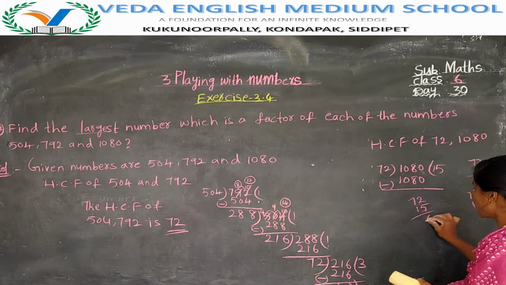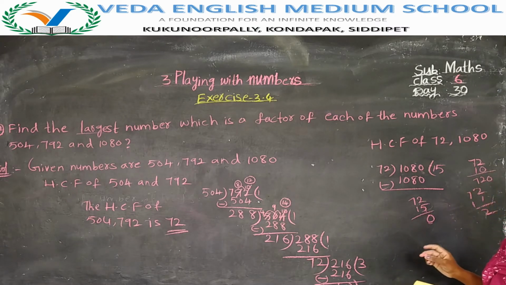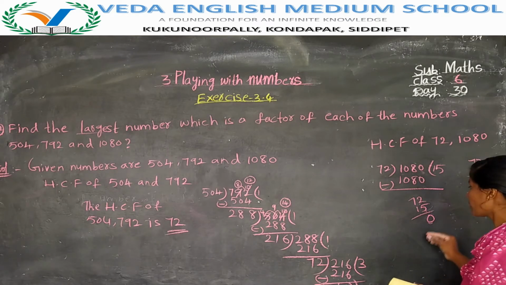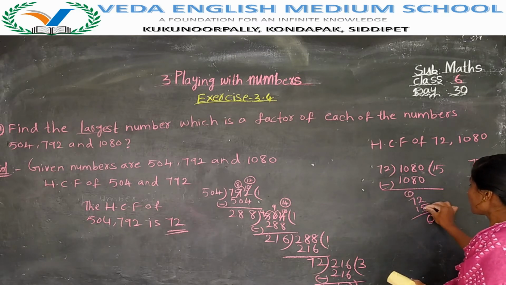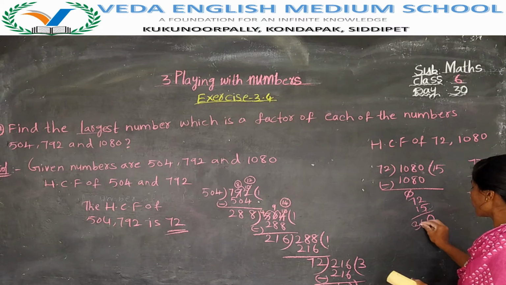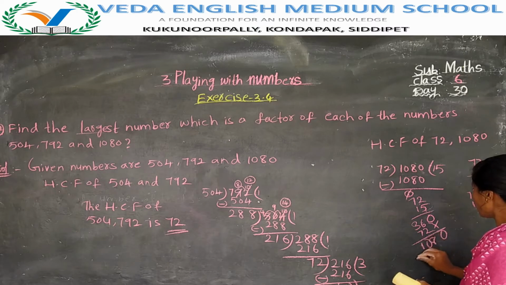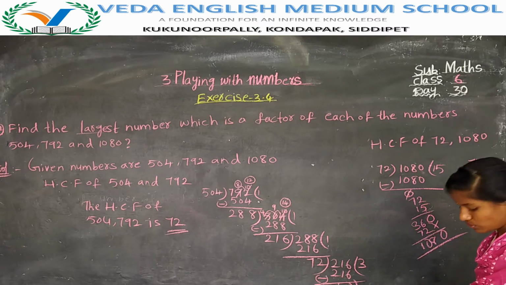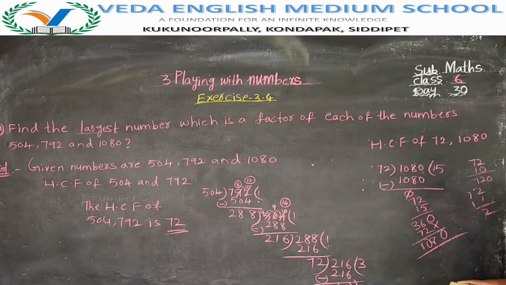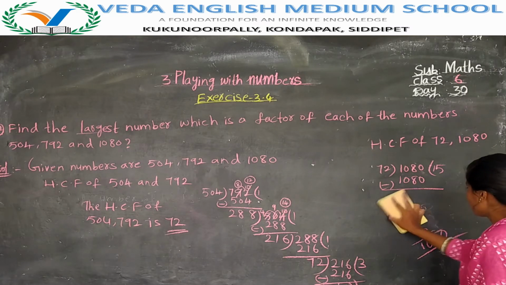2 5s are 10. So this one has a choice, since there is an option, select it. 2 5s are 10, 7 5s are 35, 35 plus 1 is 36, 1 2 is 2, 1 7 is 70, 6 plus 3 is 9, 7 plus 3 is 10, 1080. So like that you have to check. That is one trick, Nana, you have to remember it.